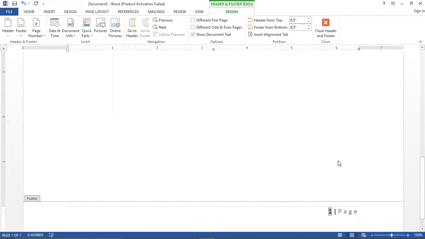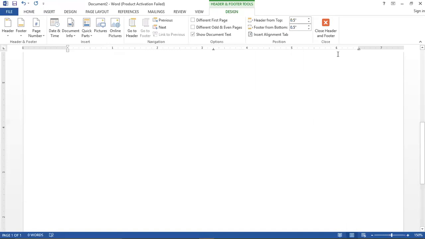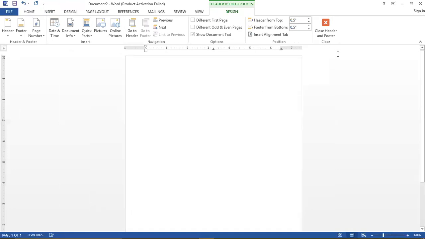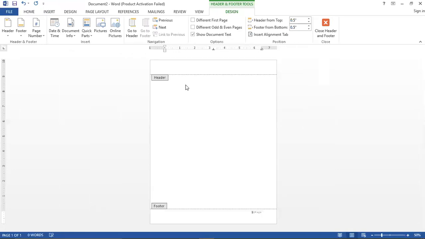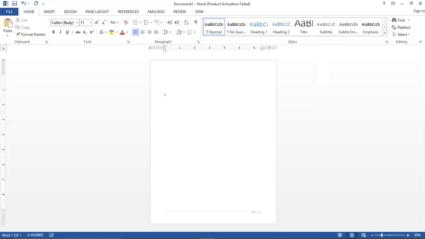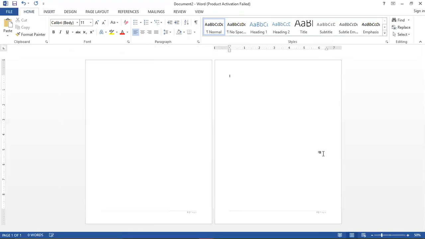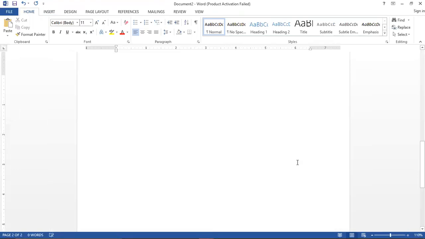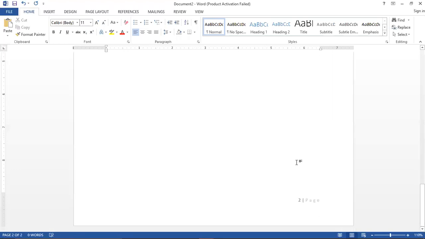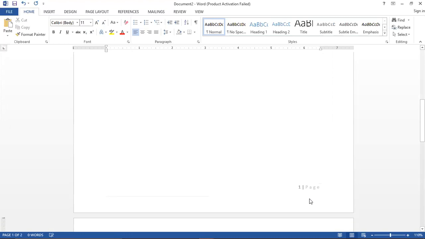Now as you insert new pages, the page number will be automatically inserted in the new pages. So let's see that. For that I need to insert one new page. So let's insert a new page. The new page appeared, and you can see that on the new page also the page number has been applied. Let me zoom it and show you. You can see that this is page number 2, and before this is page number 1. So as you insert a new page, the page number will be automatically applied once you have used the page number option.